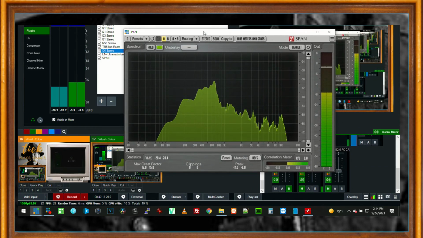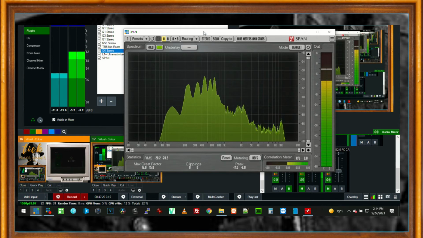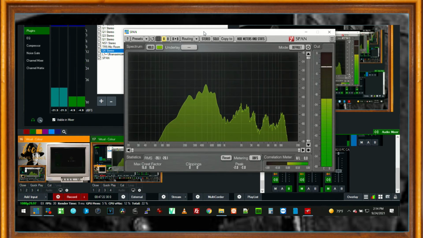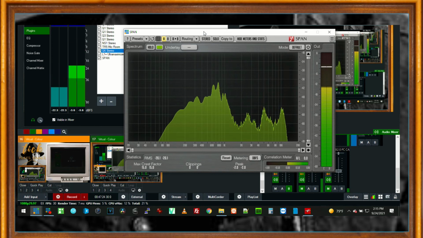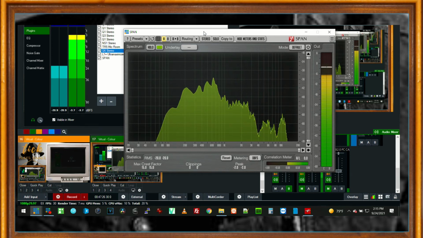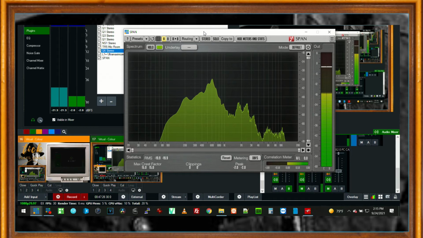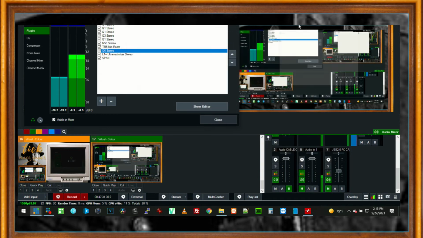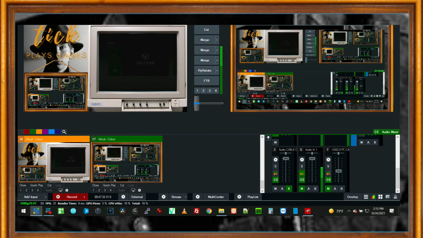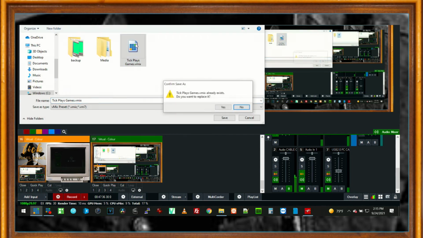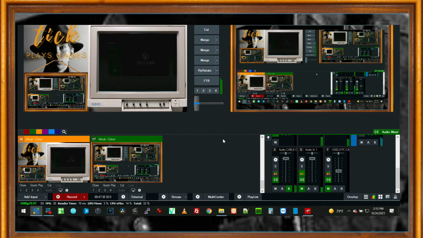But I will tell you, comparatively to what I used audio-wise yesterday, this is amazing. Absolutely bomb solid. Awesome. So what I will do now is call it a day. I will close the Spectrum Analyzer. I will save this, and then I will stop the recording